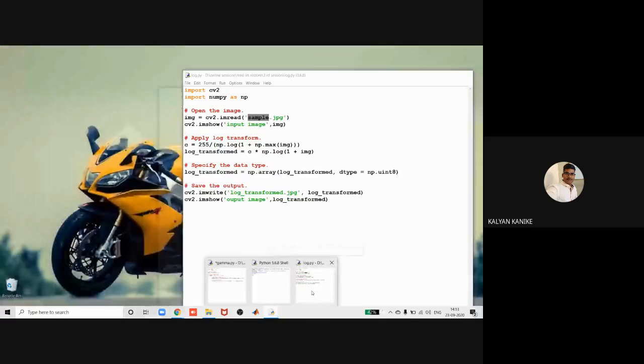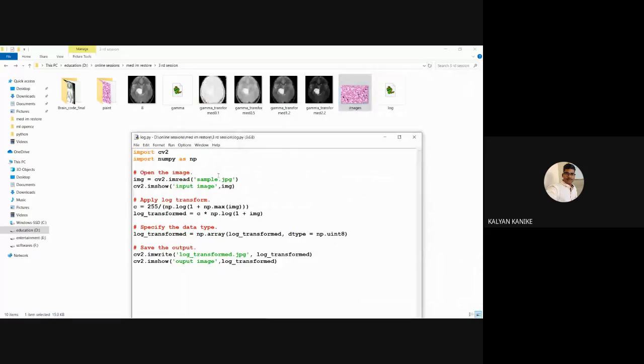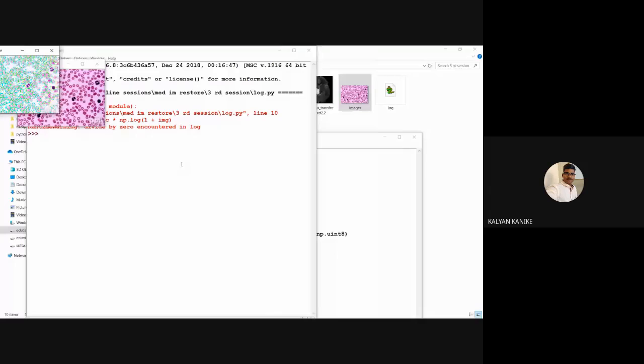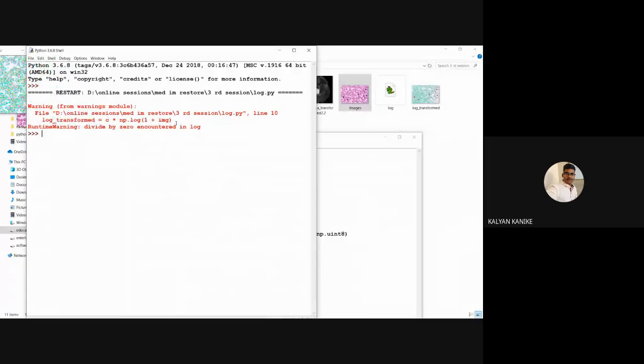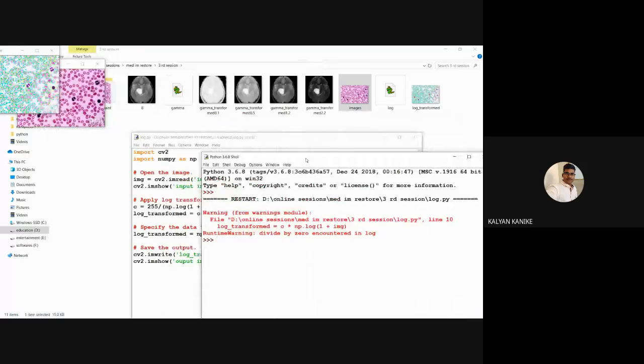So here I'm going with another image. This one, images.jpg. I'll show you the execution first. Here, why I'm showing this one is that this log transformation is not available for all types of images,